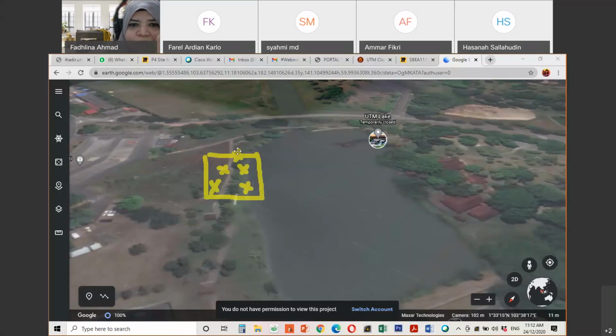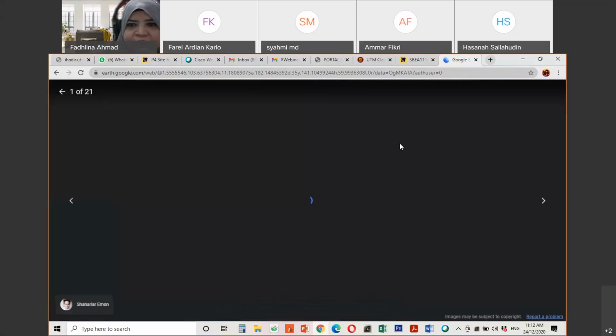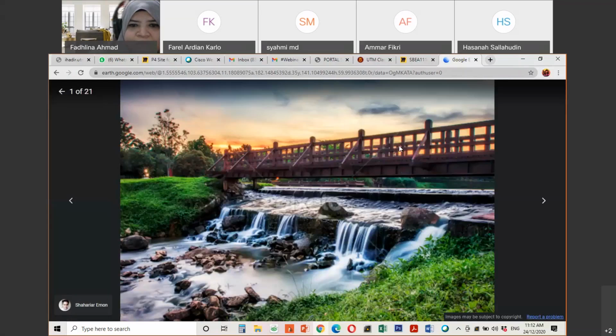Alright, so you need to know where is the best location for your pavilion. But at the same time, you need to know the view and so on. Dia akan nampak, somebody who walk to this your pavilion can see this one. Okay, so you need to know what is this one. Okay, and then you click on this one. You will have this kind of view from your pavilion. Okay, yang ni dia